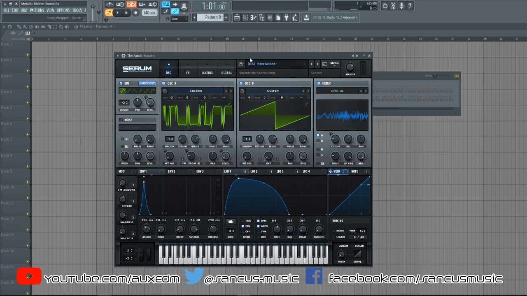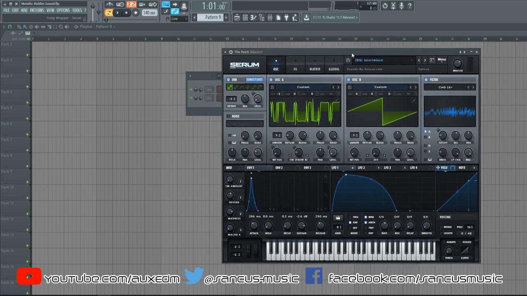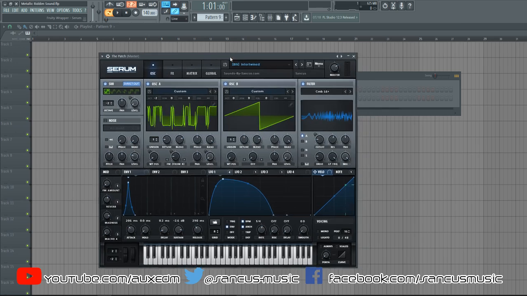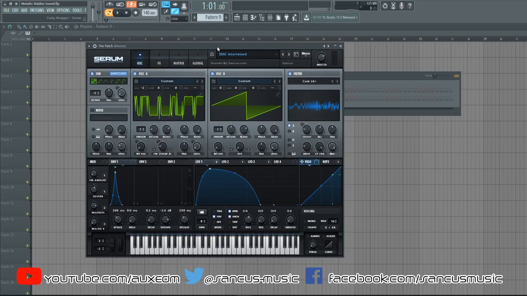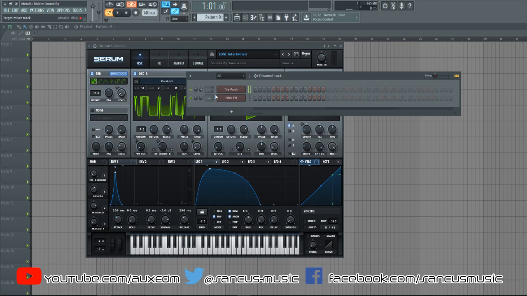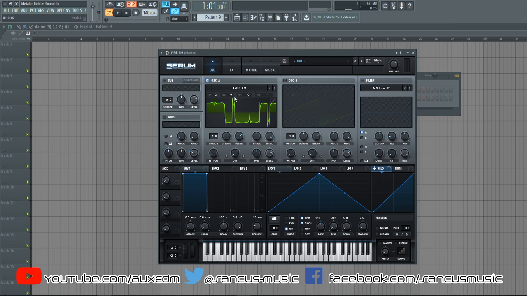Kind of Twine inspired. If you're not familiar with him, he has a lot of crazy comb filter based sounds. And this sound here is made up of 2 pretty basic shapes and then a custom wavetable which I made. If you don't have this wavetable, you can find it on my website, soundsbysankus.com. But it's pretty easy to make.